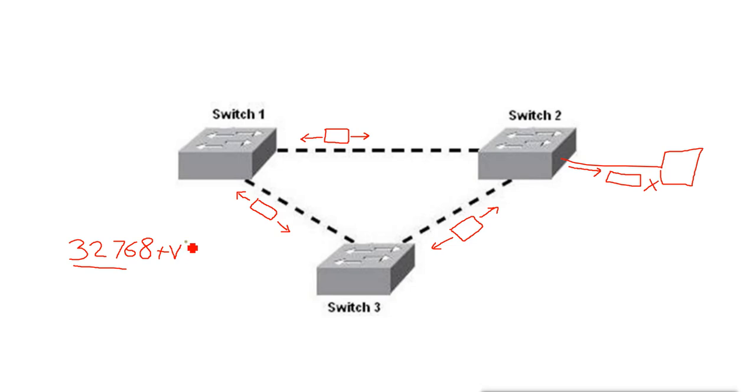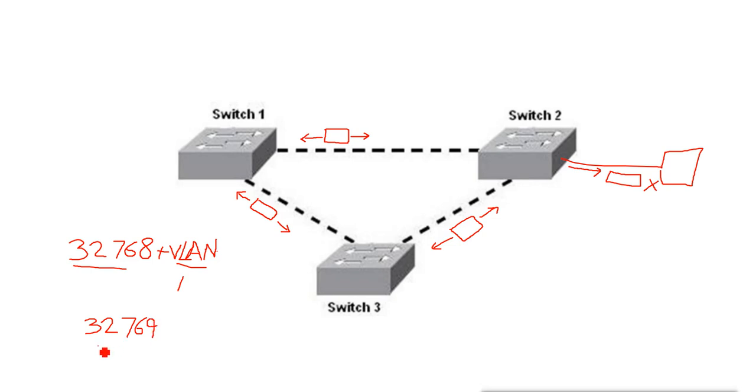or, in our Cisco switches, the VLAN ID, becomes the switch ID, or we can say bridge ID. So the combination of this becomes the bridge ID. Suppose we have only one VLAN, so the VLAN ID is 1 and this is 32,768. So the bridge ID will be 32,769 in our Cisco switches.